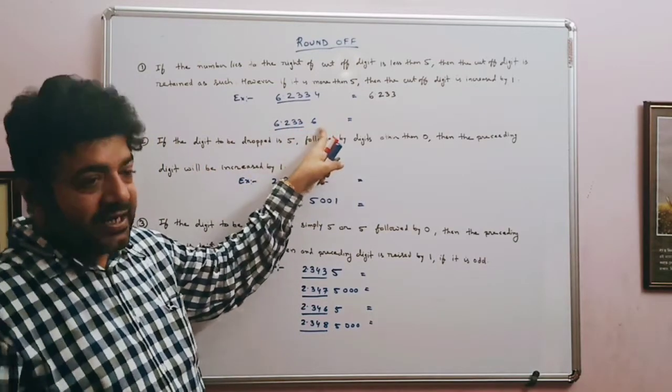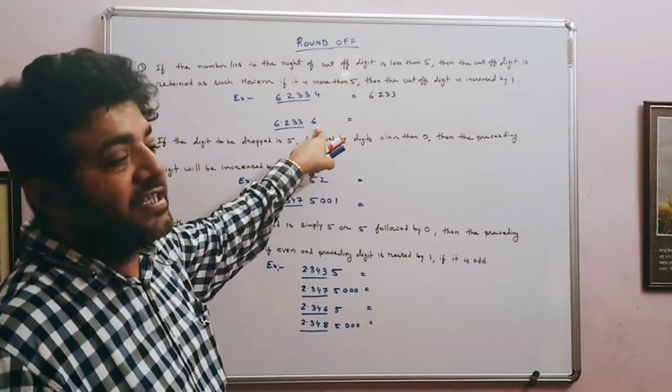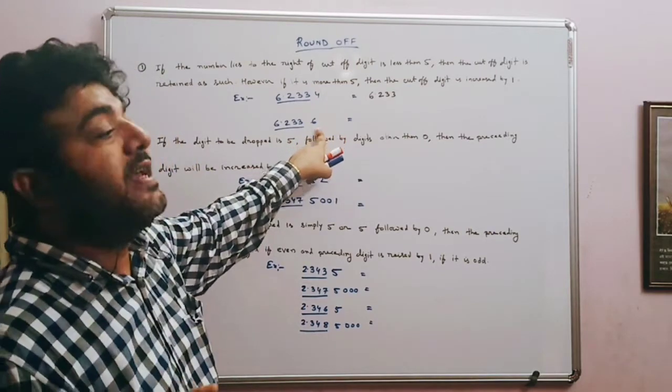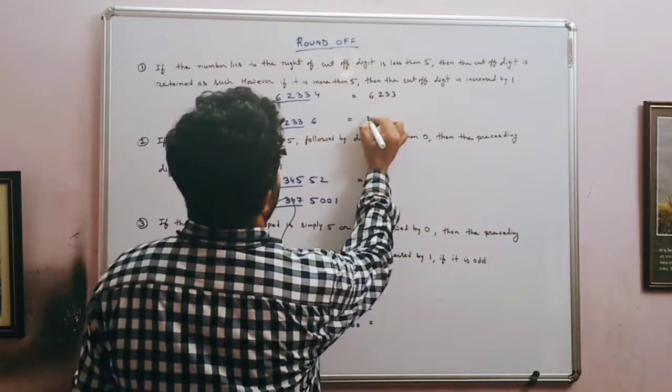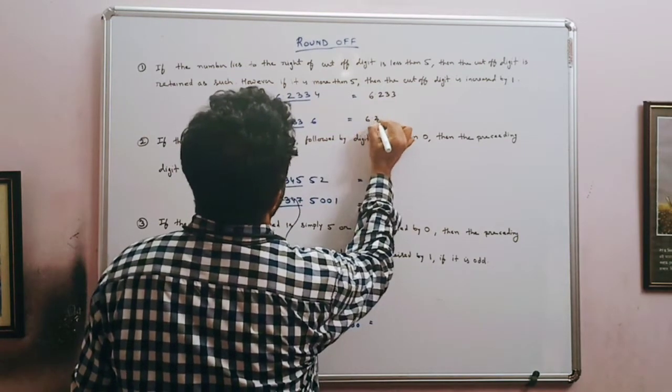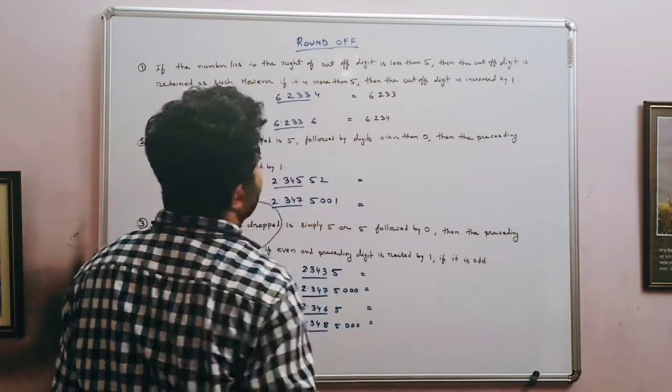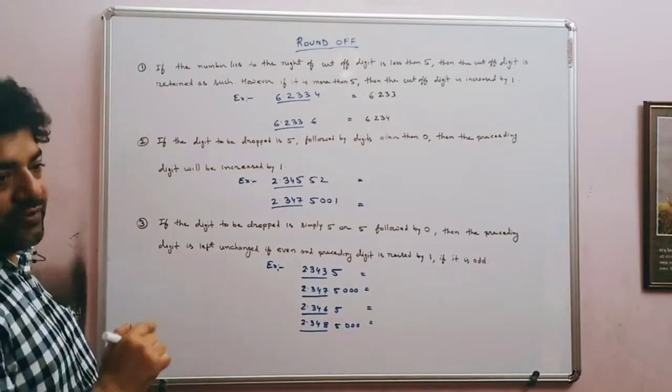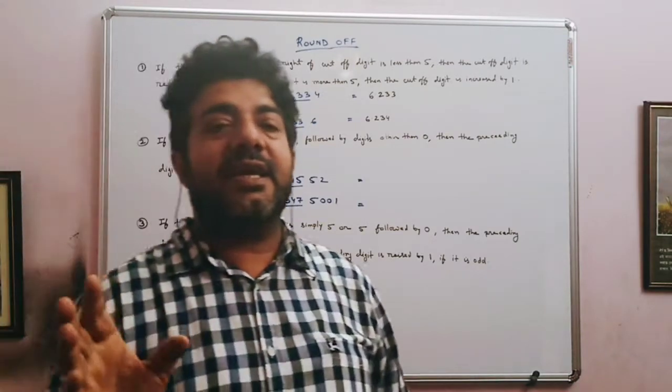So we look at the next one, that is the 6, which is greater than 5. So we increase 1. So it will be 6.234. Hope you understand. Now the second rule is that पहला वाला rule में क्या है कि if up to